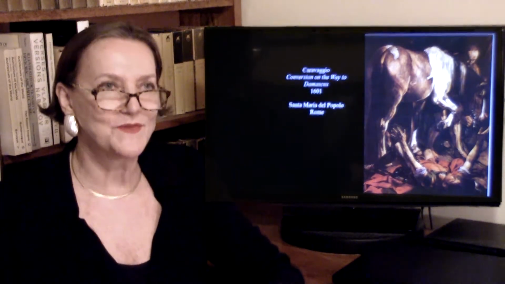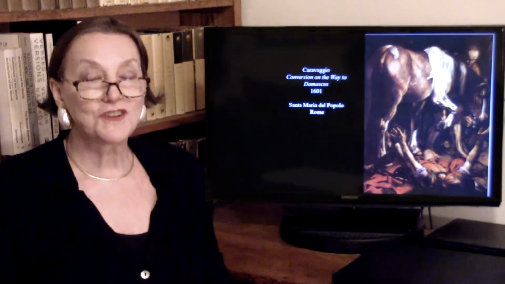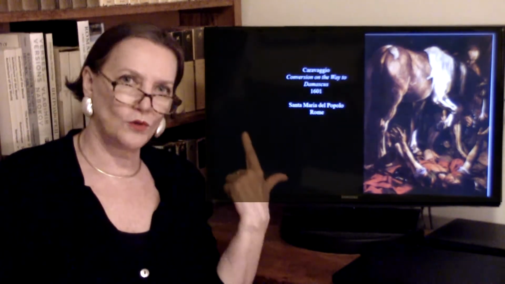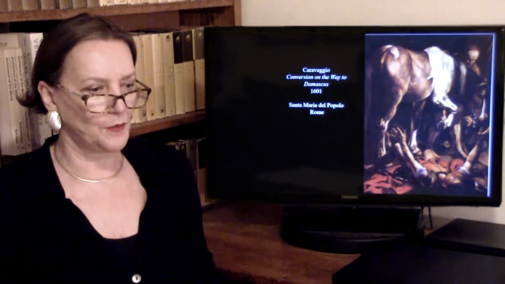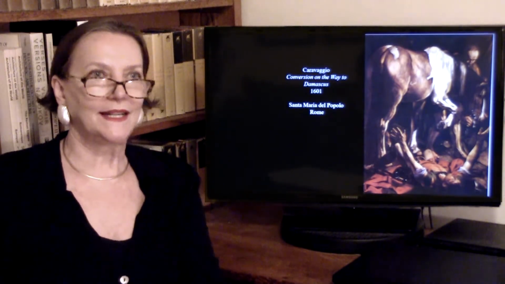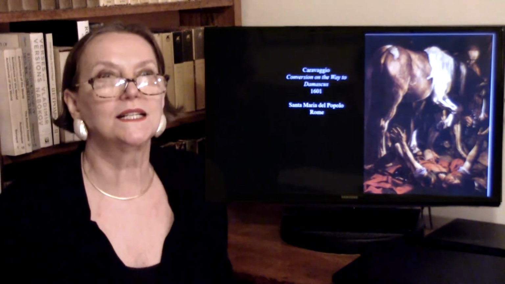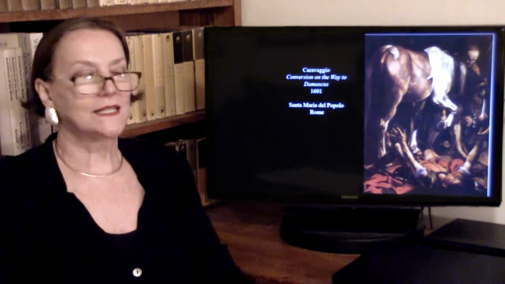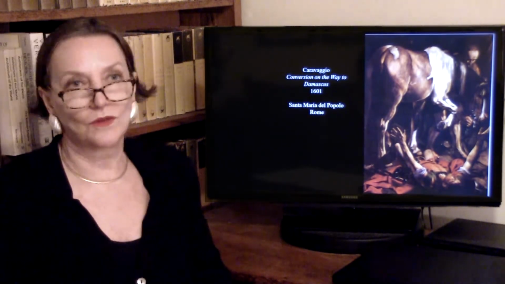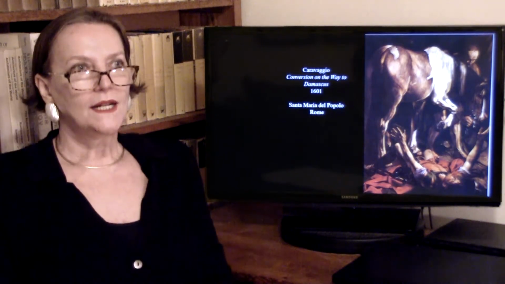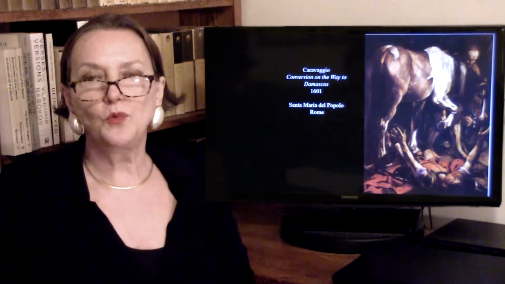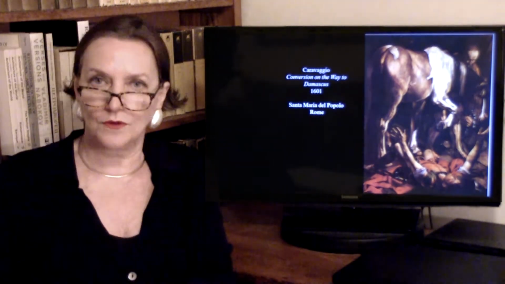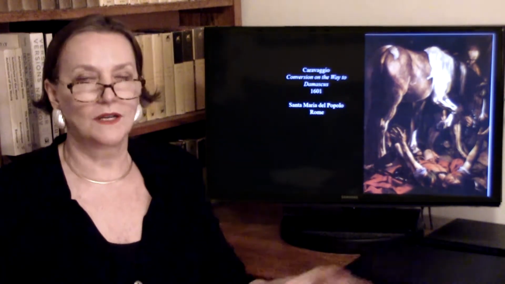And here we come to another tremendous canvas by Caravaggio, also from Santa Maria del Popolo. The first one was the St. Peter, and this one is the conversion of St. Paul. Now, St. Paul was a Jew from the diaspora, in other words, not from Palestine, but from other places where